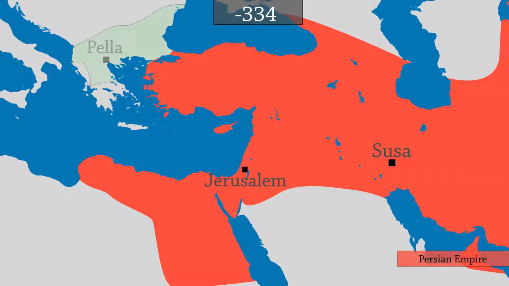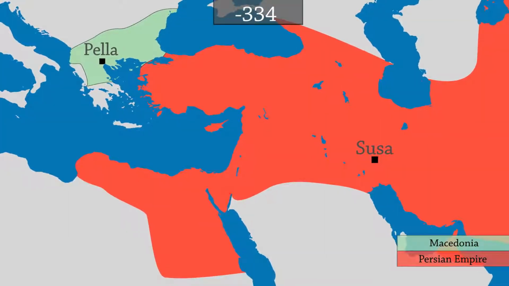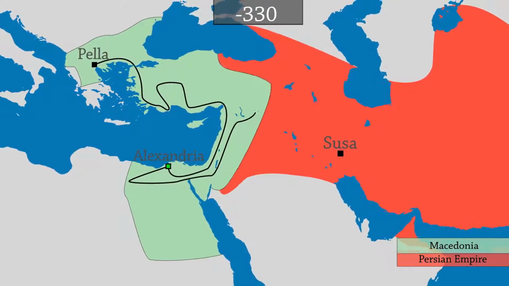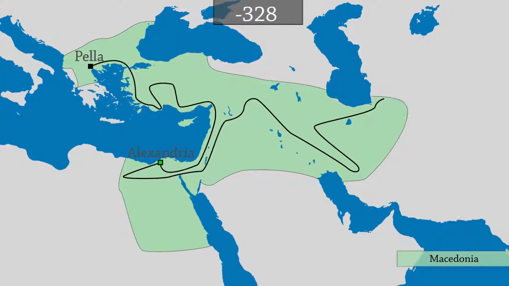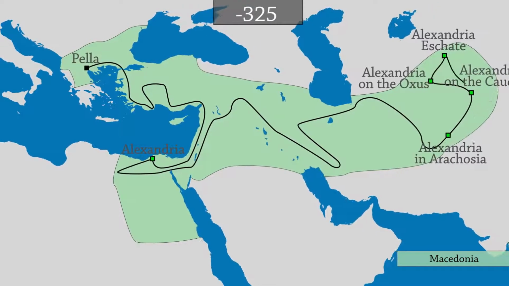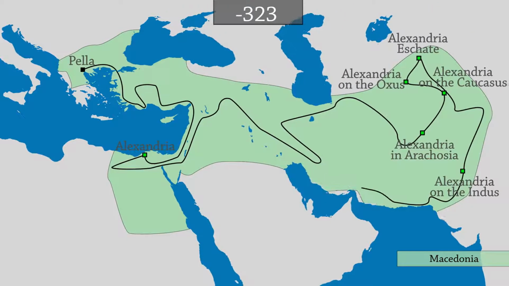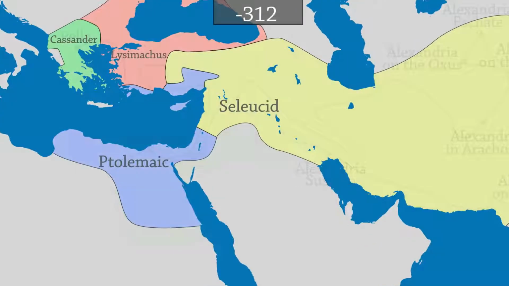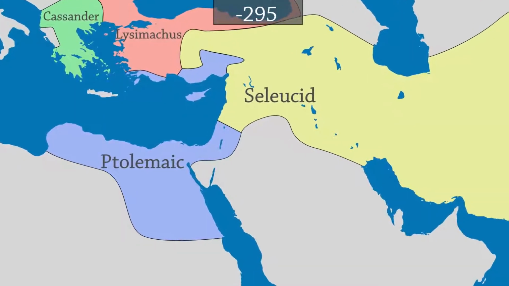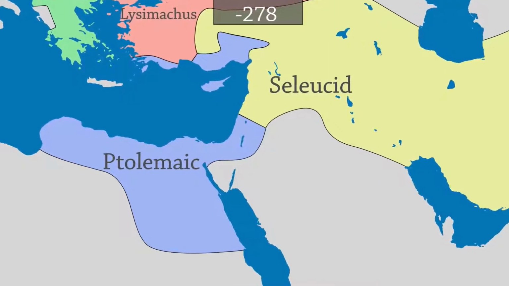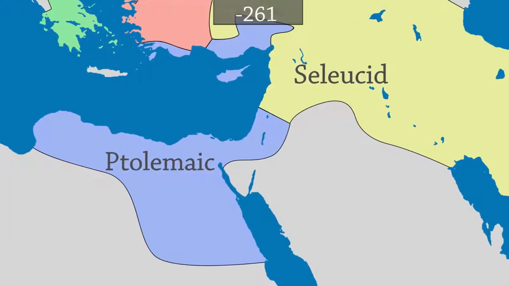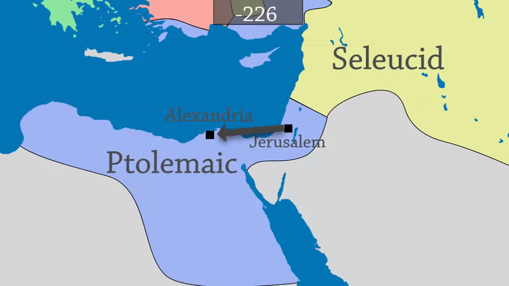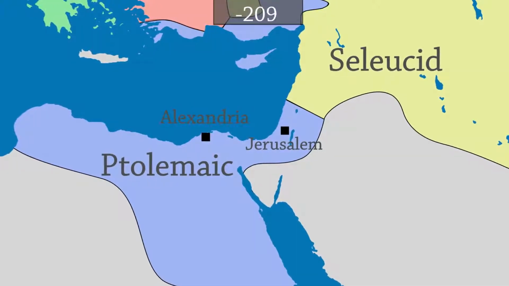In 334 BC, the ambitious young Macedonian king Alexander the Great set out with his army to conquer the known world. In just over 10 years, he takes up a huge territory and builds many cities. But exhausted by conquest, he died at age 32 in Babylon without an heir of governing age. The empire was then divided by his generals into various Hellenic kingdoms. Judea came under the control of the Ptolemaic dynasty. A Jewish community settles in the new city of Alexandria, and the Torah is translated into Greek.